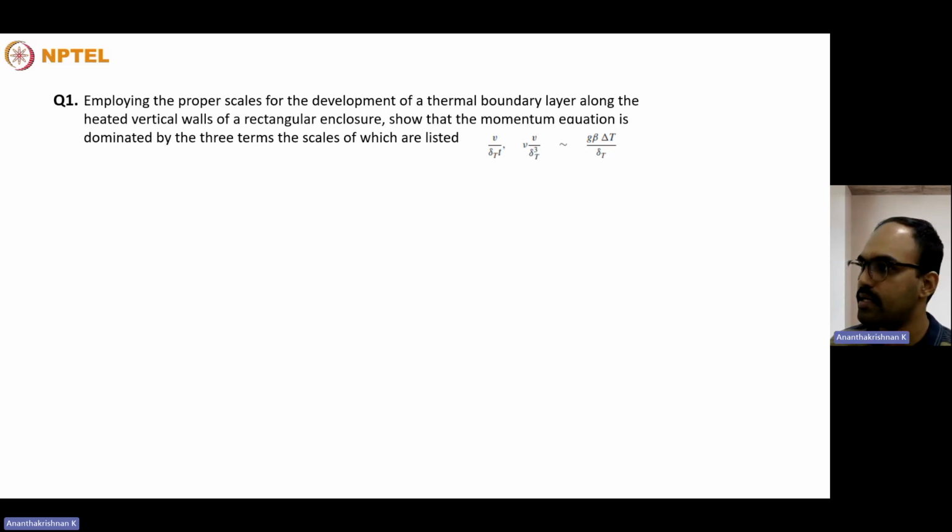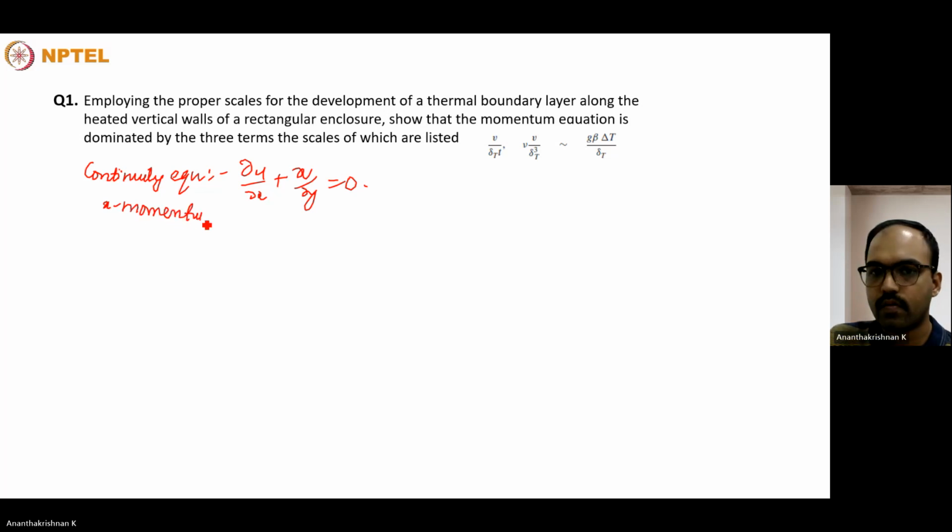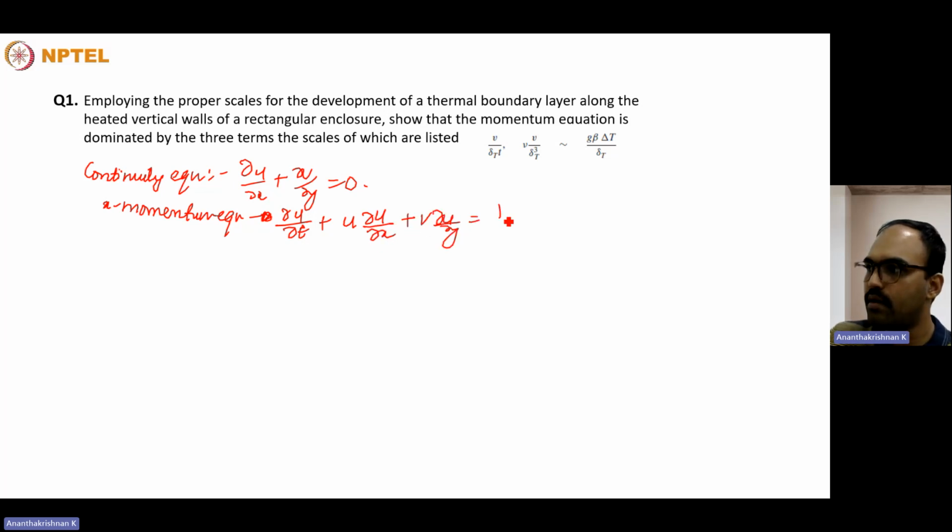So what we could write are the basic governing equations. The continuity equation will be represented as dou u by dou x plus dou v by dou y equal to 0. Then the x momentum equation will be represented as dou u by dou t plus, it's an unsteady case, right? So u dou u by dou x plus v dou u by dou y is equal to minus 1 by rho dou p by